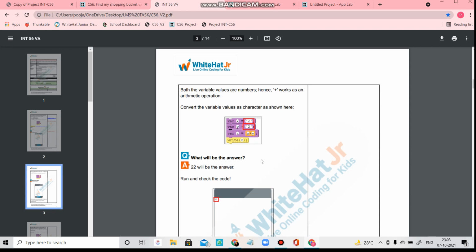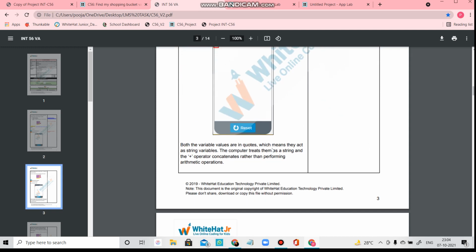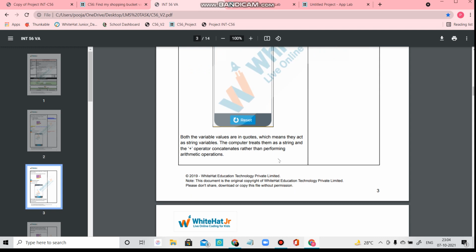Now you are going to convert both the values to characters, as shown in the snippet here, by putting single quotes. Encourage your student here as well to answer what the answer will be now. Before this there were numeric values, so it was showing 4. Now what will be the answer for this? Then validate and let them know that yes, the answer will be 22,